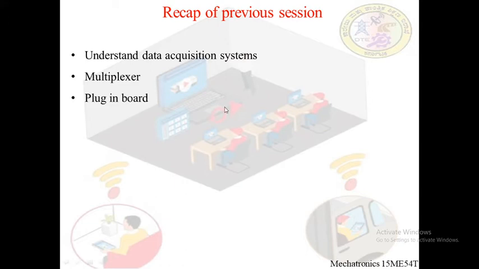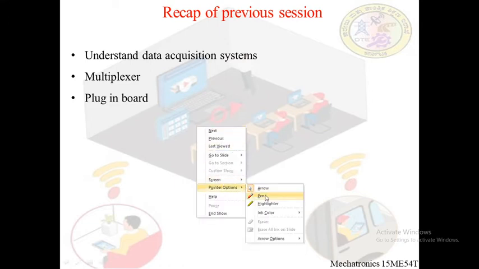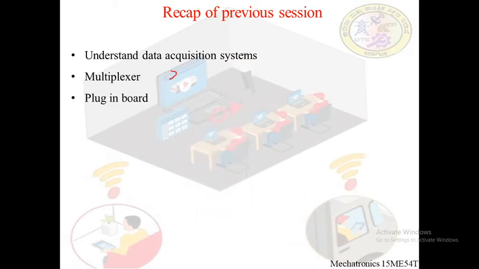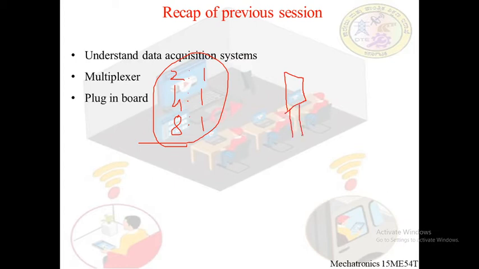There are various types of multiplexer depending on the number of input lines. There can be 2 inputs and 1 output line, 4 inputs and 1 output line, 8 inputs and 1 output line, and so on. The data selection takes place with the help of select lines. These are the n number of inputs, these are the select lines, and this is the single selected input value which is taken out of the multiplexer.